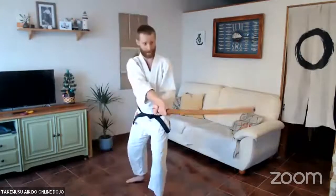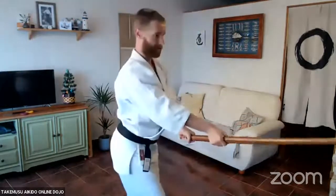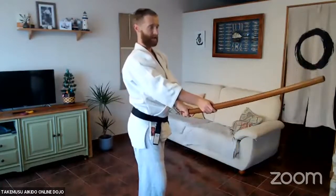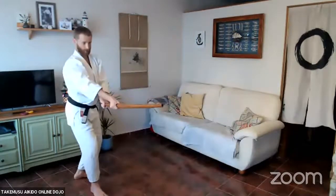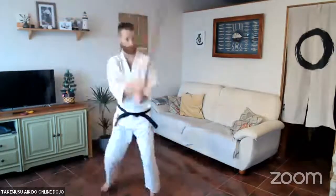You come off the line here, and then the line's still here. Come off the line again. Full complete cuts here, and then just refine the line with the feet, and then you follow the line back. So you come down, yokomen, go back, yokomen. Just right down the line, and then coming back into kamae. There's one